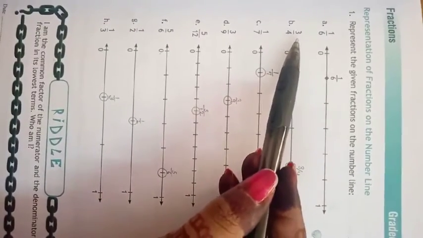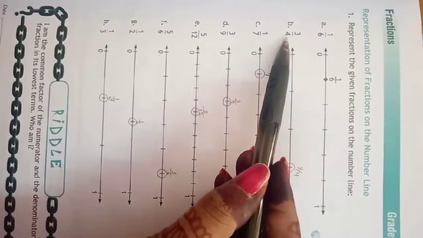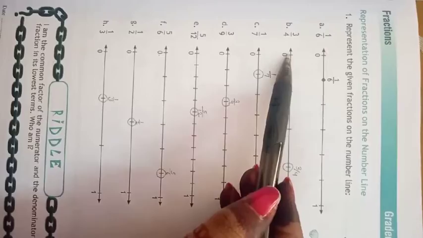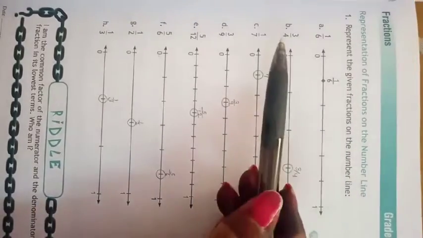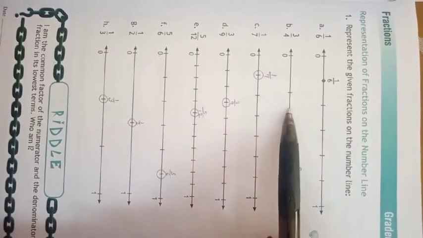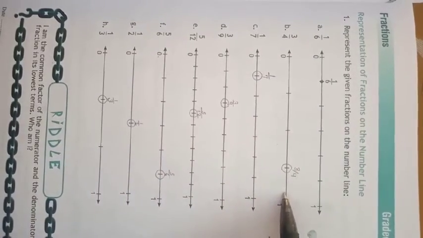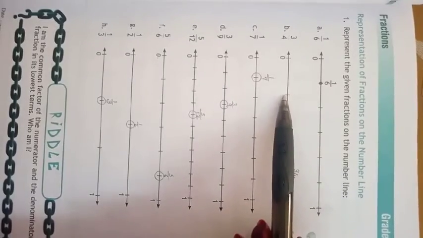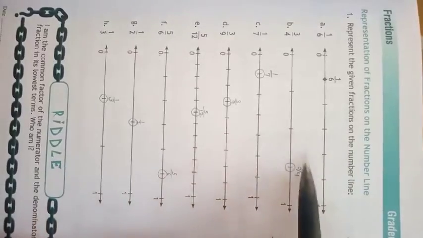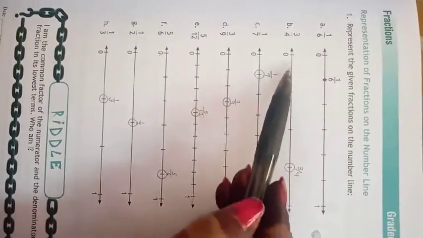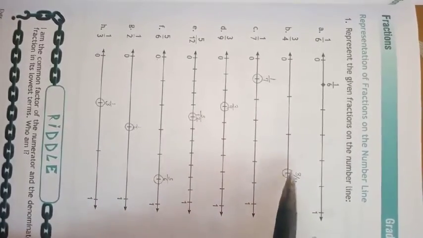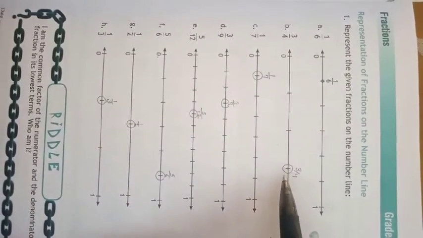Now here it is 3 by 4. 4 means the denominator, which means the total number of parts. So this number line from 0 to 1 must be divided equally into 4 parts. So 1, 2, 3 and 4. These are the 4 parts. This will be 1 upon 4. अगर हम यहाँ पे एक रेक्टेंगल पूरा ड्रॉ कर देते हैं और ये 4 पार्ट्स हैं इसके, तो फर्स्ट पार्ट को शेड करेंगे, it will be 1 upon 4. This will be 2 upon 4 and this will be 3 upon 4. So 3 upon 4 is here.